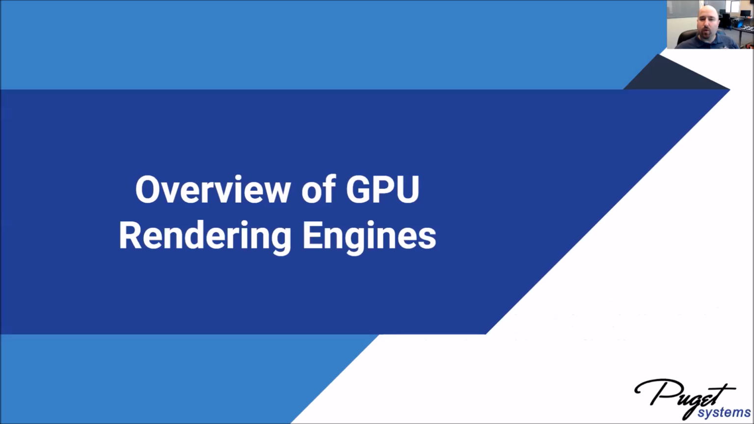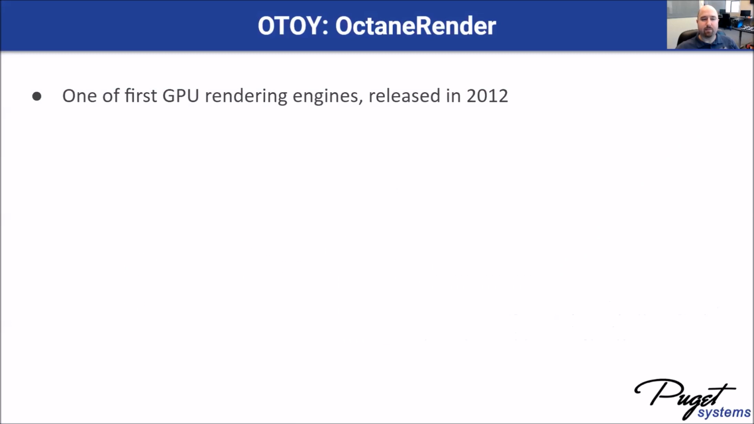Moving on a little bit to an overview of GPU rendering engines, we're going to hit three of the big ones that are out and that we've done a lot of testing on here at Puget Systems. There are others, but these are kind of some of the big names. The first one is OTOY. They make OctaneRender. It was one of the first GPU rendering engines released back in 2012, so it's been around